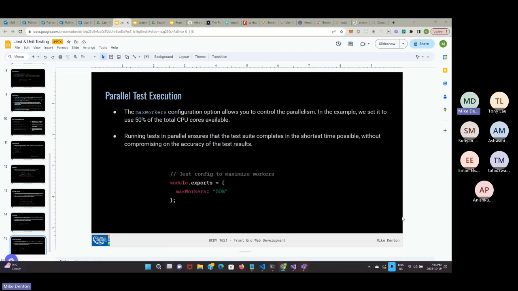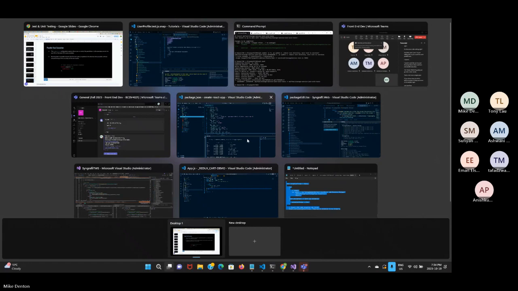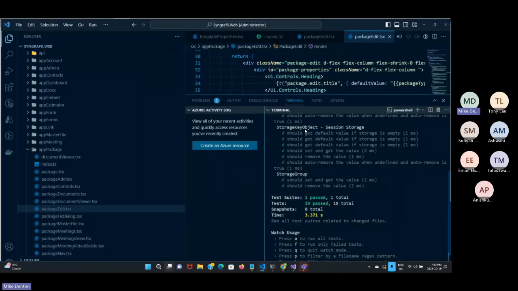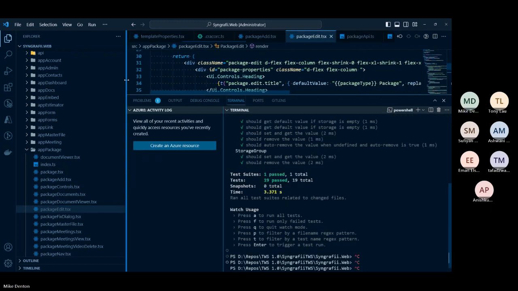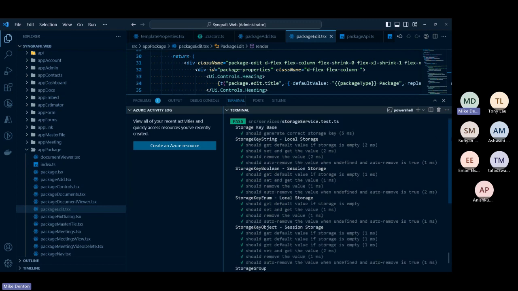Let's see here. I'm only showing this because this is just on my mind. So you can see all these tests ran. So what we did was